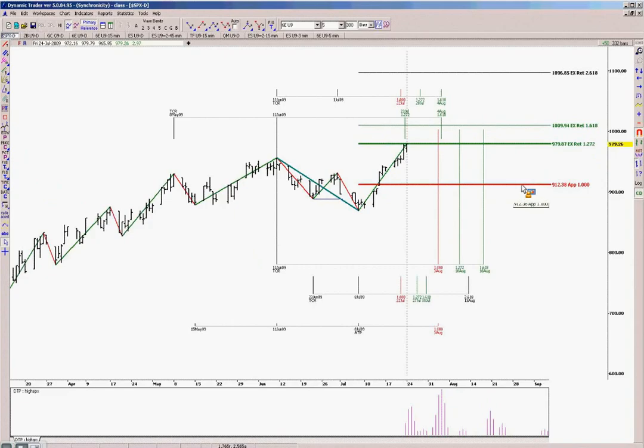So once we took out this 912 area in the S&P cash, and I believe it was 909 basis per contract, that's when I started telling people that the call was for at least a deeper upside correction back to the June high, and possibly for an extension of 1272, which is the target that we just met in the last couple of trading sessions. Because we've met targets where many moves tend to terminate, I'm a cautious bull, because it's still a bullish pattern. And if we blow through this 1272, I don't really have any meaningful resistance until 1009.